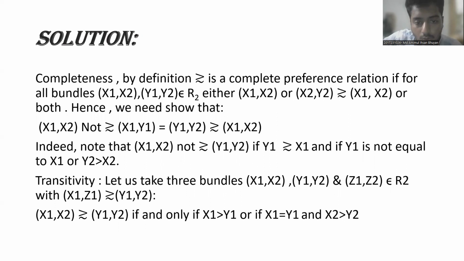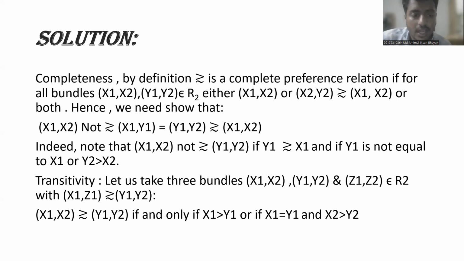That is equal to (y1, y2) greater than (x1, x2) or (y1, y2) indifferent to (x1, x2). Indeed, we have to note that (x1, x2) not greater than (y1, y2) or (x1, x2) not indifferent to (y1, y2). So if y1 greater than x1, or y1 is not equal to x1 or y2 greater than x2, then